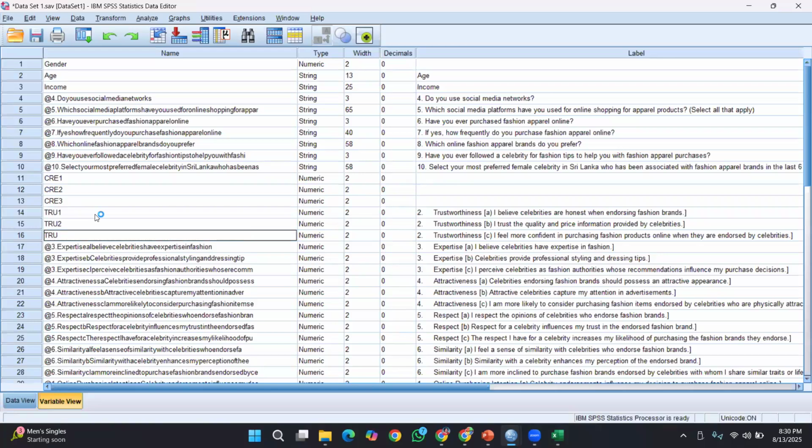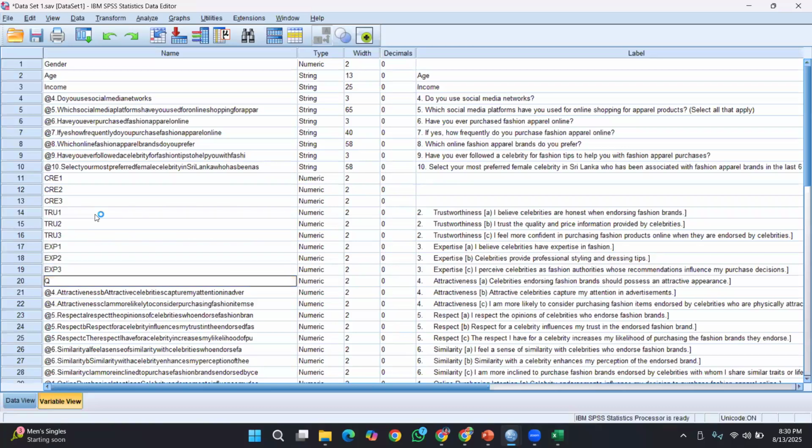Expertise 1, expertise 2, expertise 3, right? Attractiveness 1, 2,